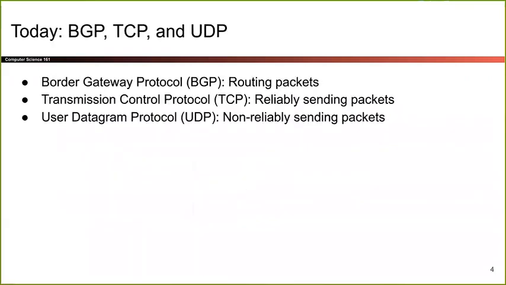Okay, so that brings us to today. So we talked about all the lower layers yesterday. So today we're going to move our way up and start talking about the IP layer, which is layer 3. So last time we talked about layers 1 and 2. Today is 3 and 4.